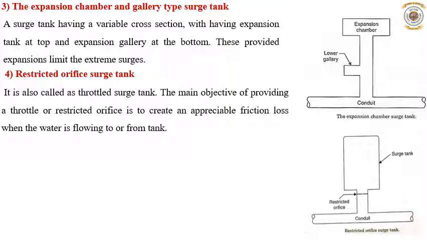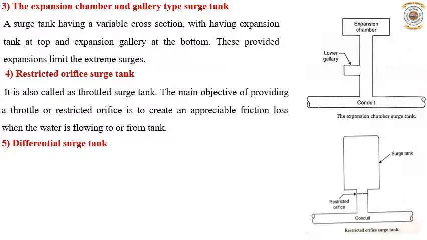Okay, so it is like the case when there is a closure of a gate valve. I hope all of you have seen. So there are certain advantages of this type of restricted orifice surge tank. The storage function of the tank can be separated from the accelerating and retarding functions. But it has some limitations also, like a considerable portion of water hammer pressure is transmitted directly to the low pressure conduit, and in comparison to other types these surge tanks are less popular.